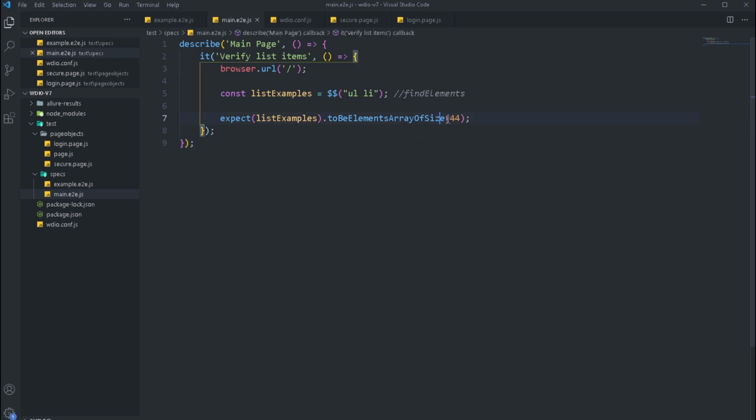So for our test, we mentioned that the size should be 44. And while that is good and it's actually working, this is actually not the best test to write. Because let's imagine if someone goes ahead and adds in another list item, our test would fail because here we're checking for this hard-coded 44 value. Instead, what we should do is probably check for something that the list item is actually present. So here what I can actually do is make sure that I have at least one item in my list.